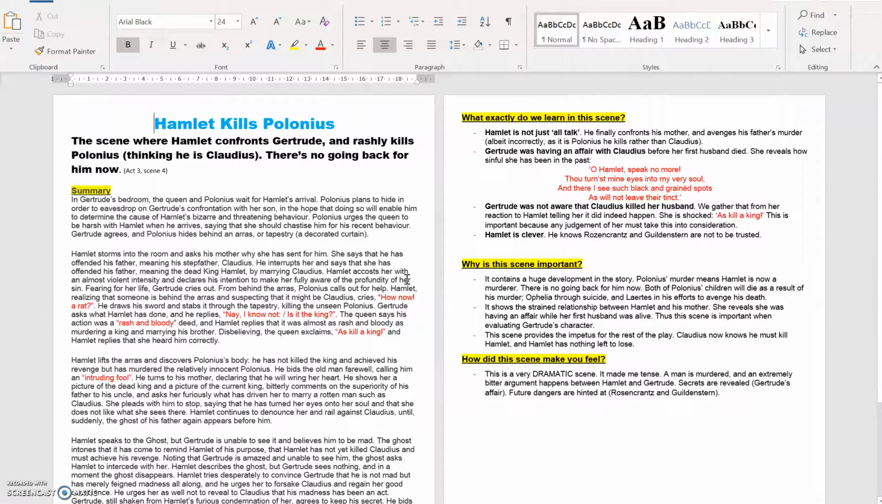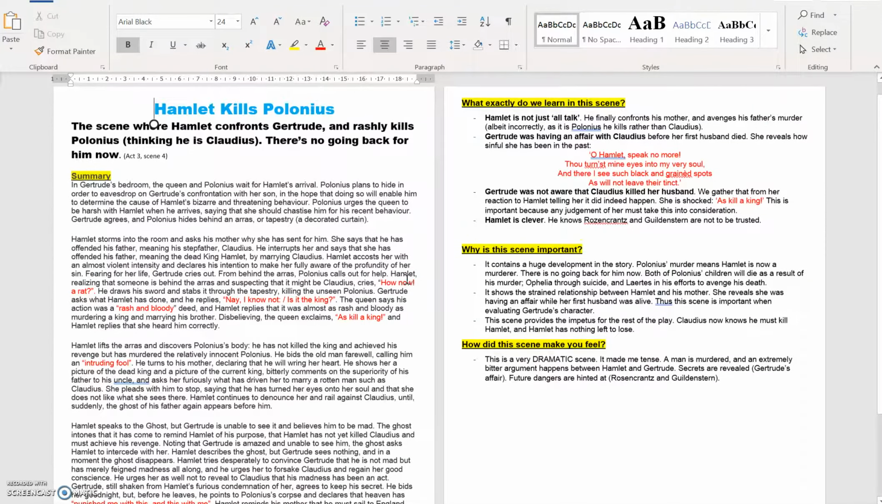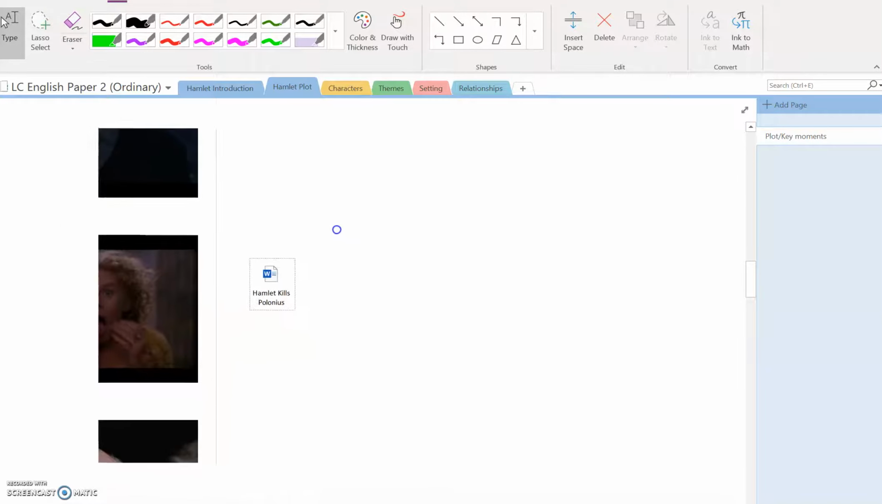And when we go into that Word document, you'll see good notes there, 2 pages of notes for that scene: why that scene is important, how did it make you feel, what exactly do we learn, and of course a description, a summary of the scene with some quotes in there as well. So like I said, there are 3 of those on this page for each of the 3 key scenes